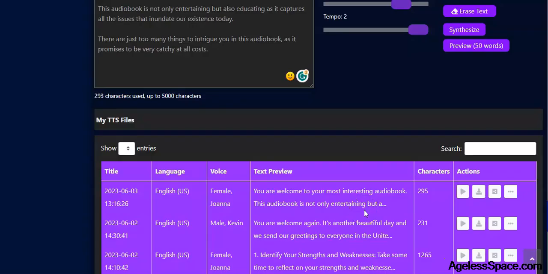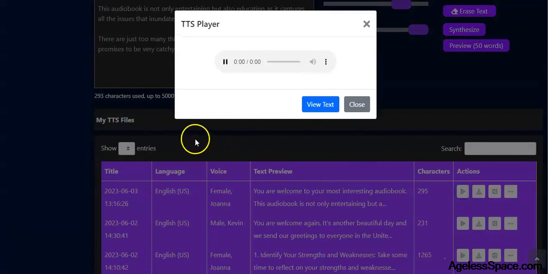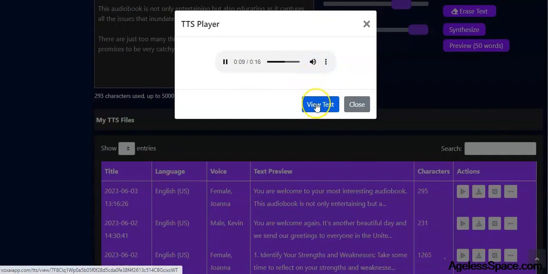And once you do that, your audiobook is ready, right? So these are the details of the audiobook, and right here you can play the audiobook. Right, it's playing already, and you can adjust the volume here. Right, you can increase it. That is it. Then right here you can view the text,